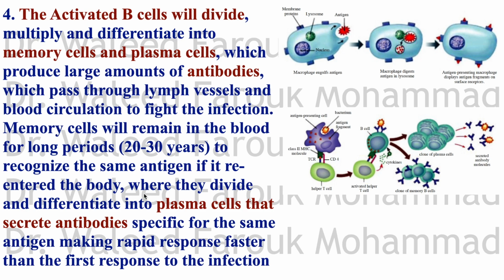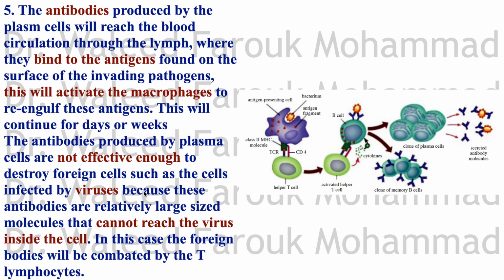تمام؟ يبقى الانترليوكنز هتعمل activation للبي cells that will divide to memory cells and plasma cells و secrete antibodies. ايه اللي بيحصل بسبب الانتيبوديز دي؟ ان لو الباثوجين دخل مرة تانية الميموري cells دي will divide and differentiate into plasma cells that secrete antibodies لما الباثوجين يدخل مرة تانية، بس المرة دي بقى specific for that specific antigen and makes the response much faster than the first time of infection. Okay,